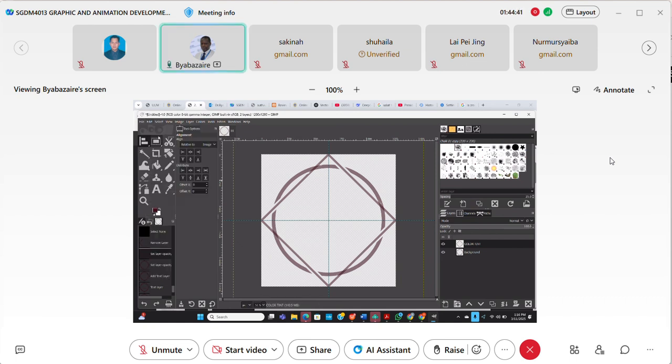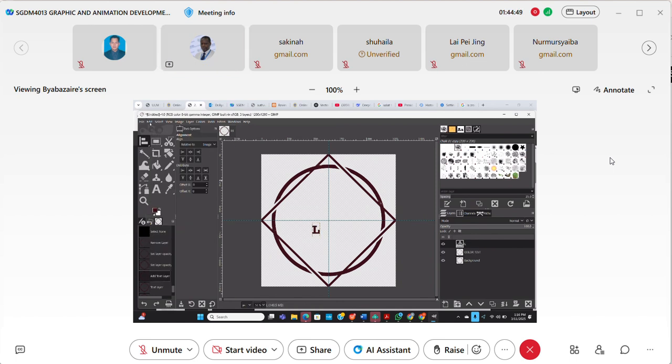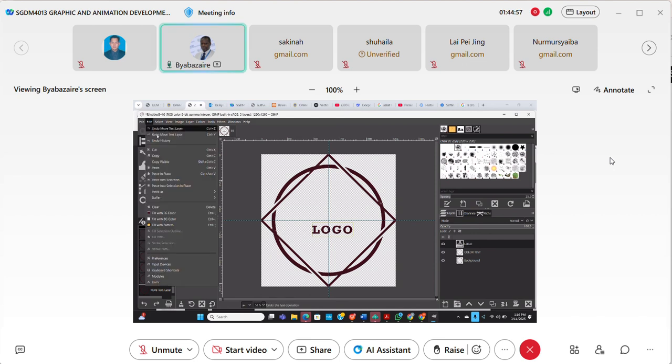Redo, redo, redo, redo, redo, redo, redo, redo, redo, redo, redo, redo, redo, redo, redo, redo, redo, redo, redo, redo, redo, redo, redo, redo, redo, redo, redo, redo, redo, redo, redo, redo, redo, redo, redo, redo, redo, redo, redo, redo, redo, redo, redo, redo, redo, redo, redo, redo, redo, redo, redo, redo, redo, redo, redo, redo, redo, redo, redo, redo, redo, redo, redo, redo, redo, redo, redo, redo, redo, redo, redo, redo, redo, redo, redo, redo, redo, redo, redo, redo, redo, kill it, redo, edit, redo, edit, redo, edit,